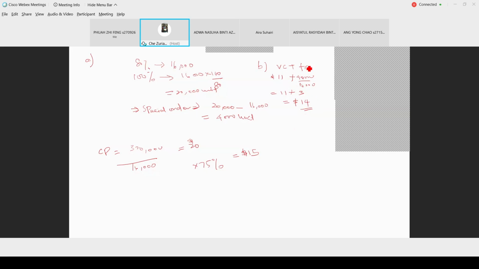Yang ni dia tak masuk lagi lah special order. Okay, the B tu, question B tu dia tak bagi tahu. Tapi yang ni adalah for regular products. Mention to you regular product. If they ask you to calculate manufacturing cost of producing 1 unit for regular product including foreign company special order tu, you kena campur lah dengan order cost. But here B is just focus for regular customer. Okay. And then C. Okay, ada question tak? Dua ni. Alright, boleh kah? Any question this one?